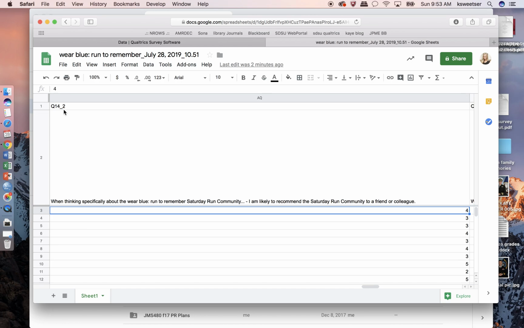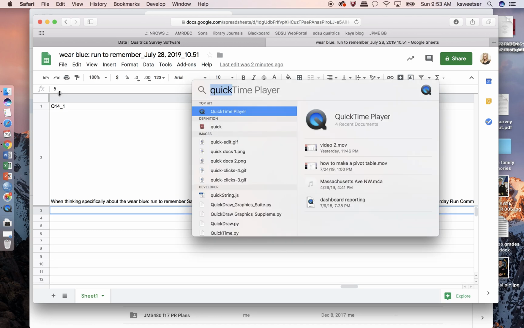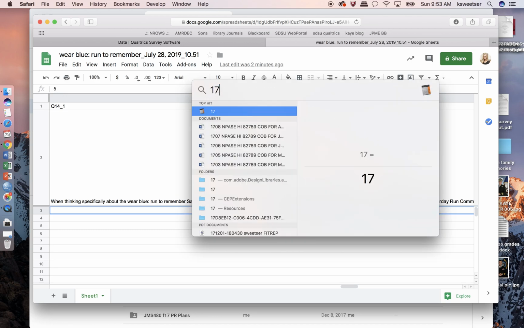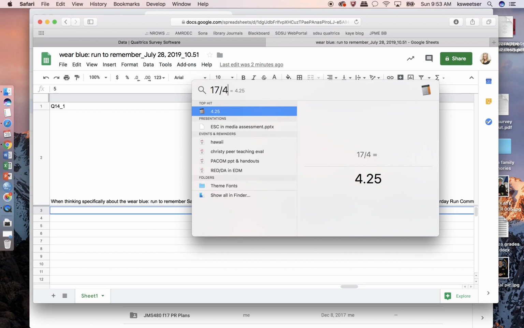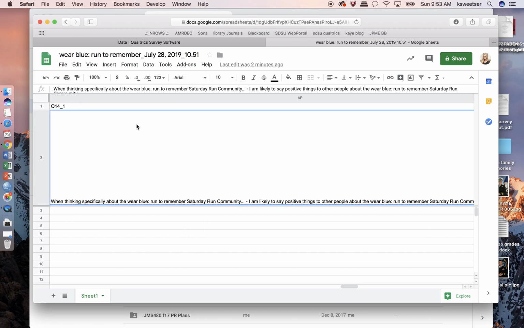For question number 2, they also gave a 4. All right, so now I'm up to 12. And then for question number 1, they gave a 5, and so I'm up to 17. And so if I wanted to know 17 divided by 4, on average, this person has a 4.25 score with regard to word of mouth, which means that there's pretty high word of